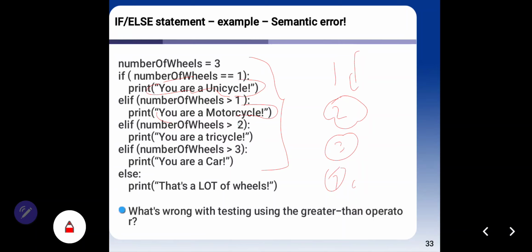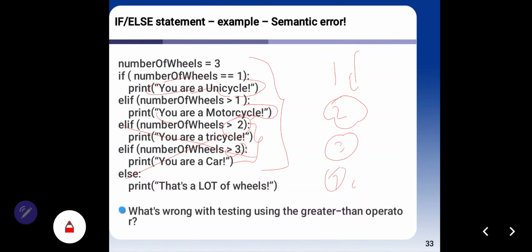Although number of wheels greater than 2 is also correct, the process will skip it, and then you will see the result of the code: you are a motorcycle.